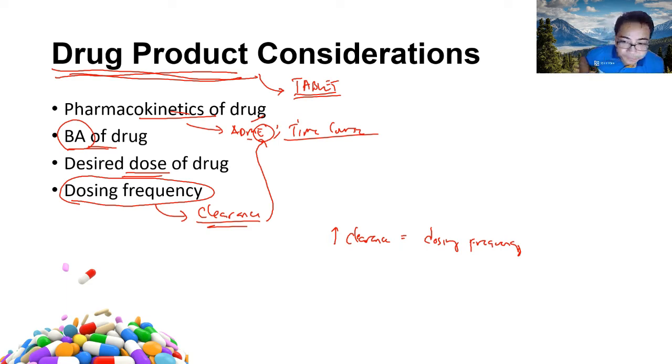Okay, Mr. Nesho? Pag mabilis po yung clearance, kailangan pong taasan or dalasan yung dose. Dalasan. Okay, I'll take that. Okay, so tama yung class. Kung mabilis